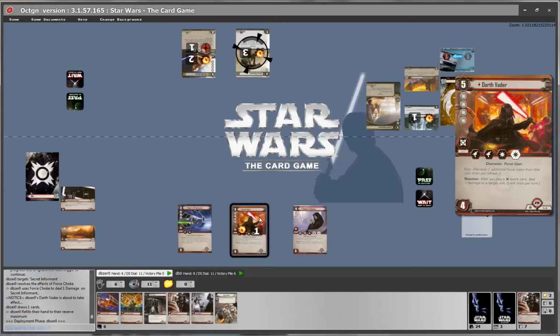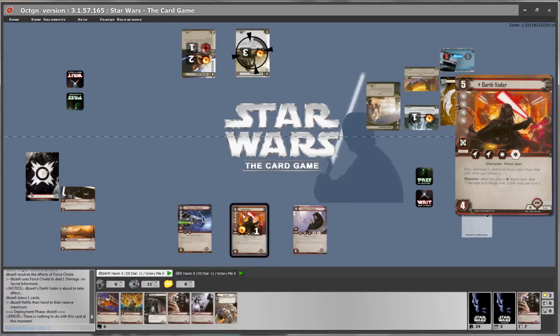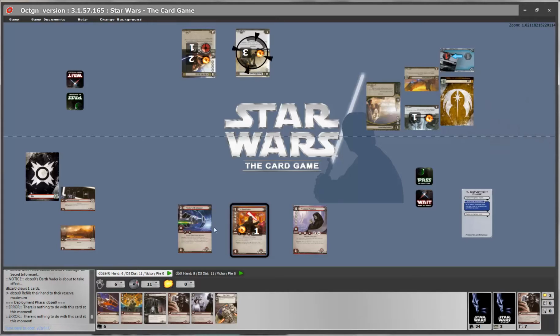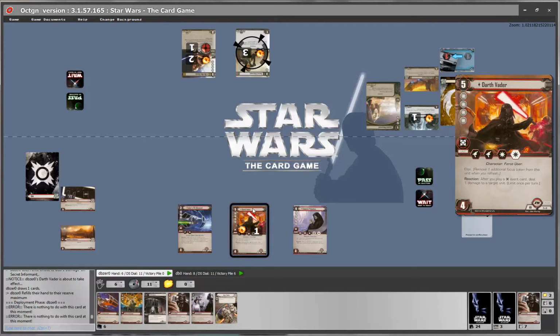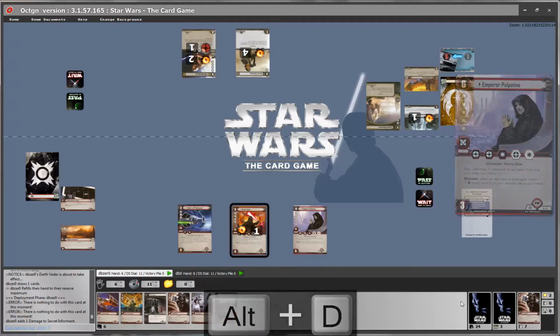Most of the time you're not going to forget this effect because the cards are pretty obviously waiting for you to trigger. But if your opponent plays a bit too fast, sometimes this might happen, and then when you double click your unit, it does nothing anymore. In those cases, you can ask them to play slower and just for now do the effect manually. In this case, just press Alt D and do the damage manually.